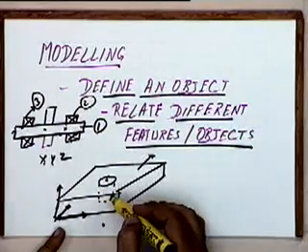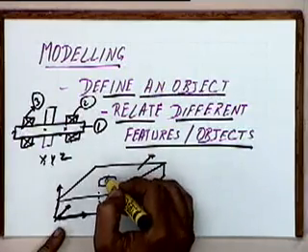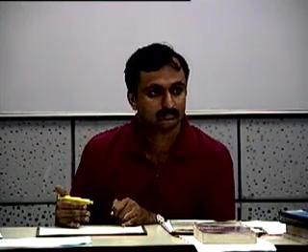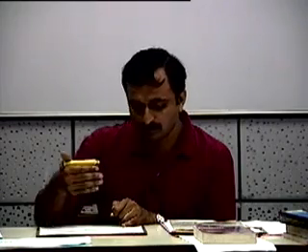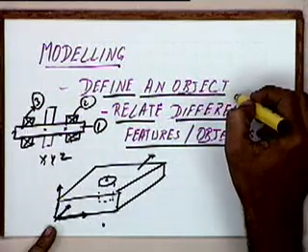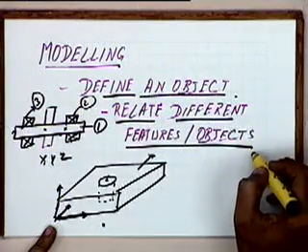Unless I know that this hole is at the so and so location, is a vertical hole and is a through hole, unless I know all this, I cannot get the manufacturing sequence for it. For finding out the manufacturing sequence for making a hole, I need to know the location, the direction of the hole, and how deep it is. So unless all that is known to me, I will not be able to use this model for any realistic purpose. Okay, that is why we say that when we are talking of defining an object, we have to relate different features of the object.